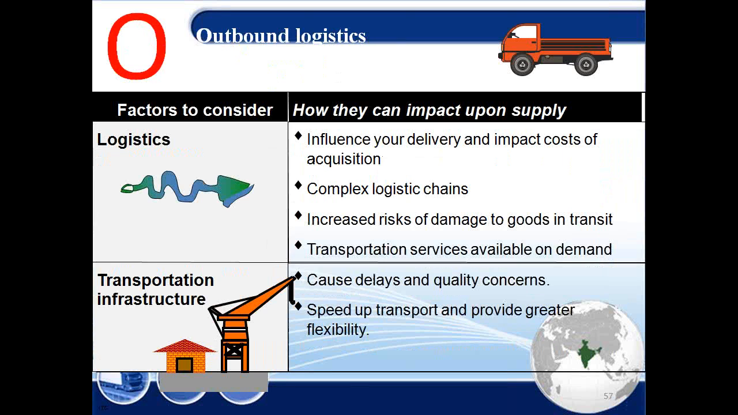Now comes outbound logistics. So we covered the political part. Now we're talking of logistics. Logistics is again a big issue. Logistics is again movements, inbound logistics and outbound logistics. Here we're talking of outbound logistics. That means after you have made the product, you're trying to deliver to the client. That's what we call outbound. Now this one is influencing your delivery and impacts cost of acquisition. Complex logistic chains, increased risk of damage to the goods in transit, transportation services available on demand,